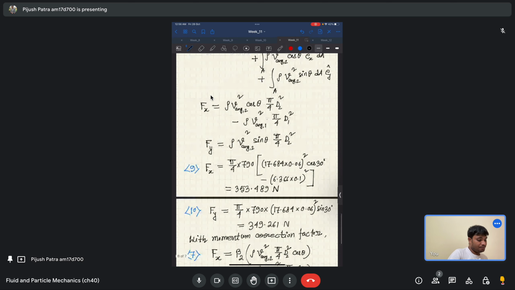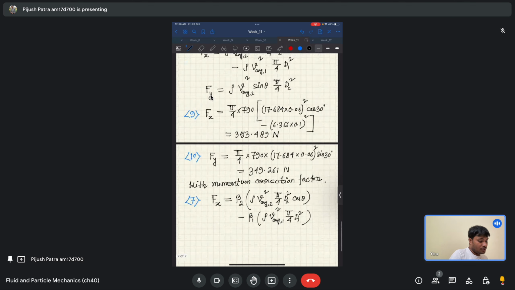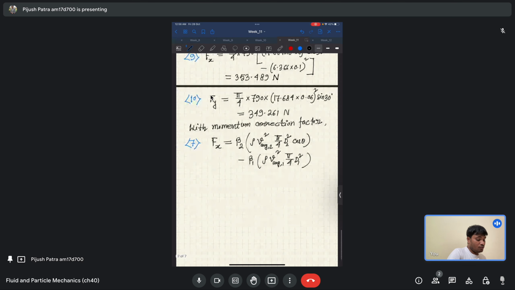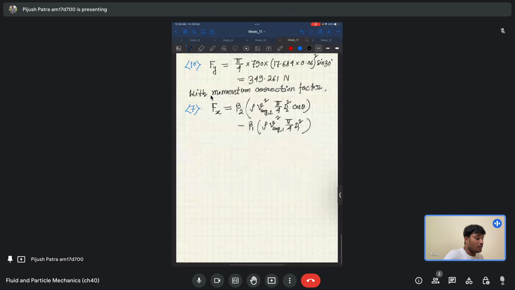That will be the velocity component, like that will be the force. So beta 1 and beta 2 are multiplied because of the momentum correction factors, okay, and